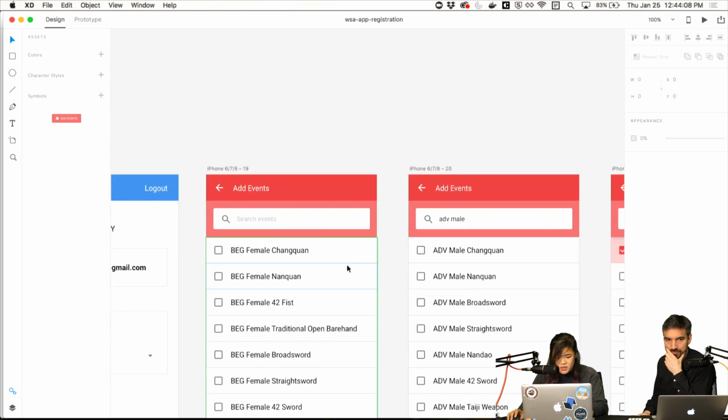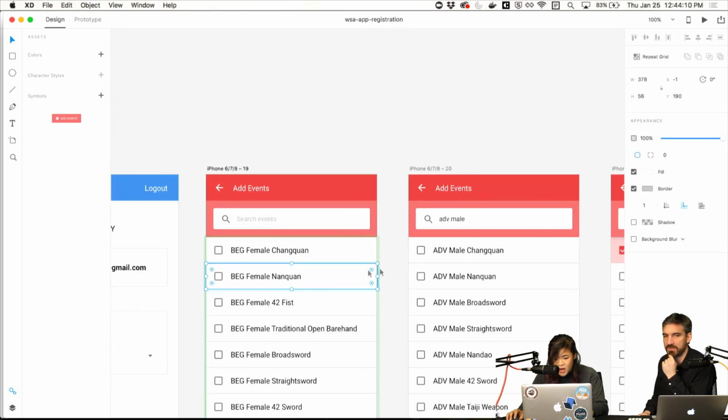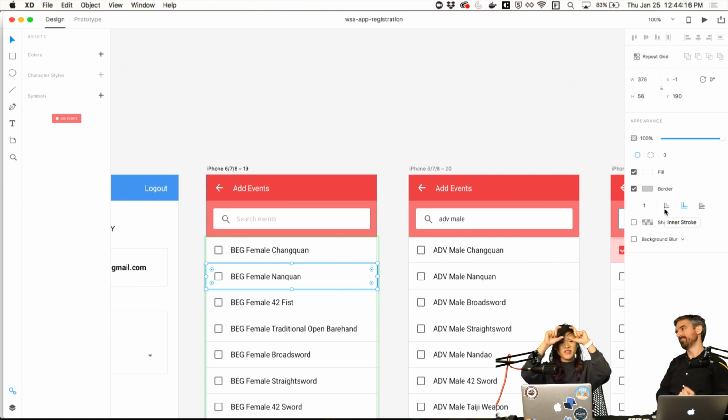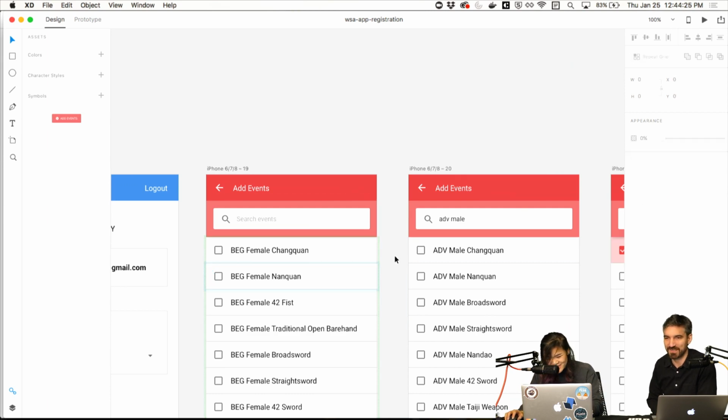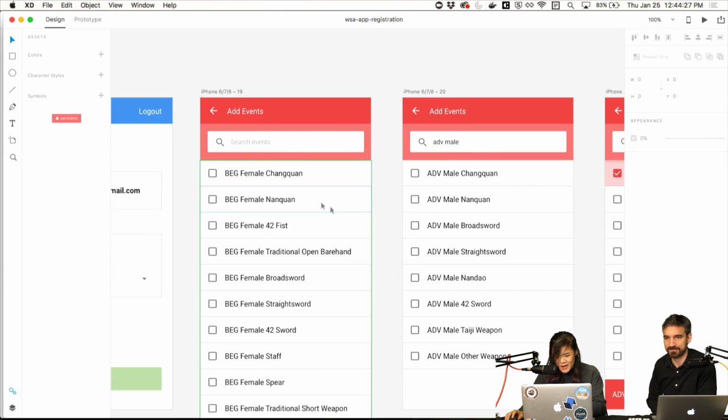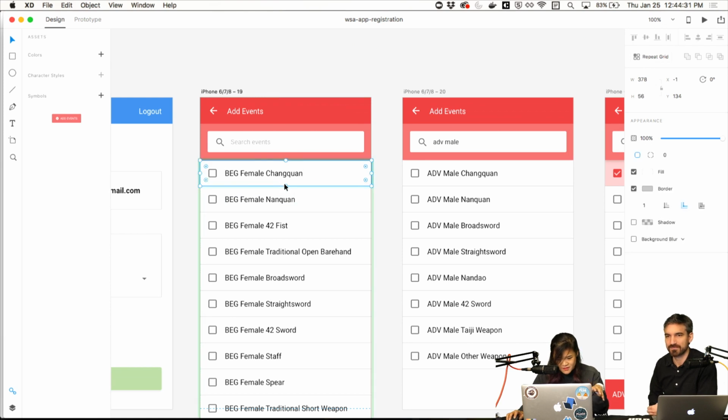So here, I'm trying to remember what I changed. What I actually did, it's because the border's on the inside, so it's like 1 pixel here and 1 pixel here. I was like, why is it so fat looking? Interesting. So by making it on the outside, it only did one. That's a good trick. It was really nifty. I just went in and could change any of them. You don't have to even do the first one that you're repeating it off of. You can go ahead and resize it, and they'll all resize together.